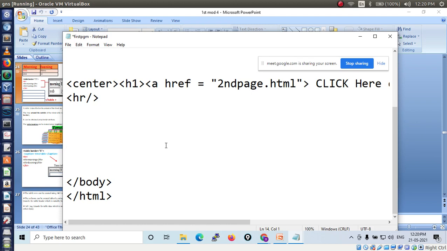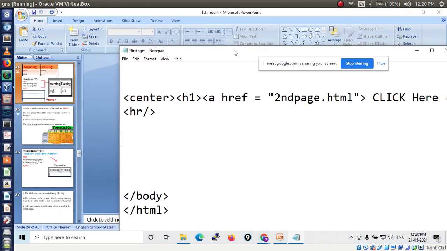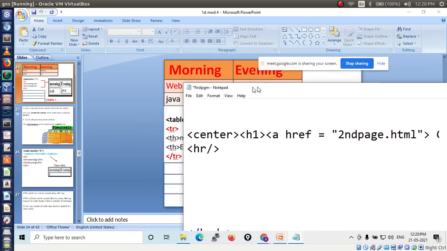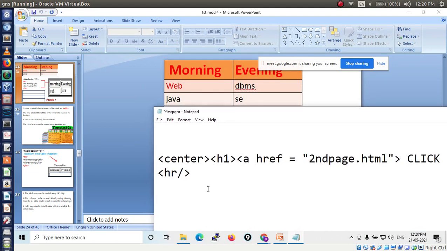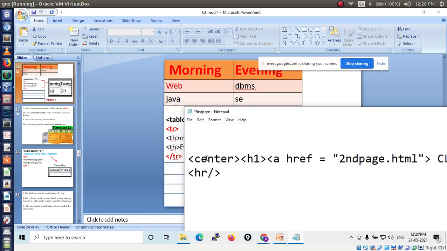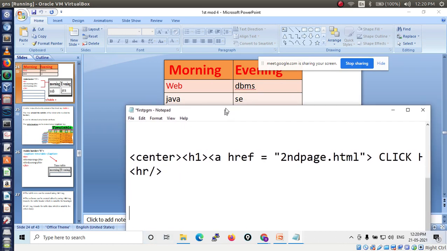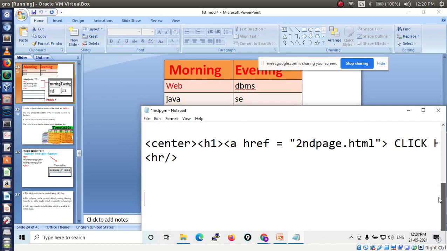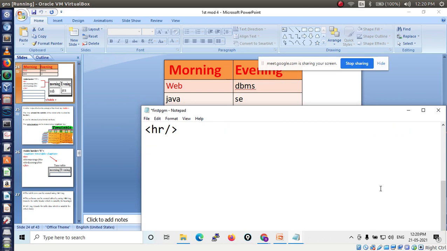So here which tag do I have to use first? I want to display the information like this. So first I want to create a table.